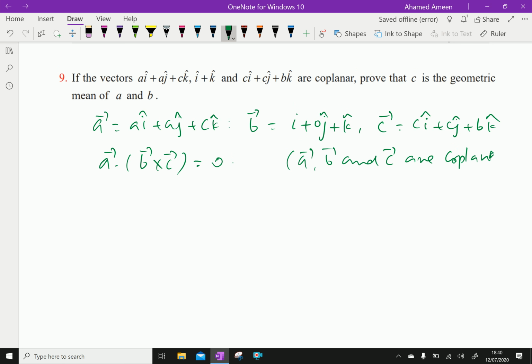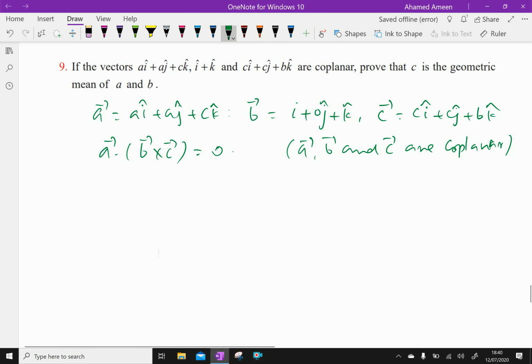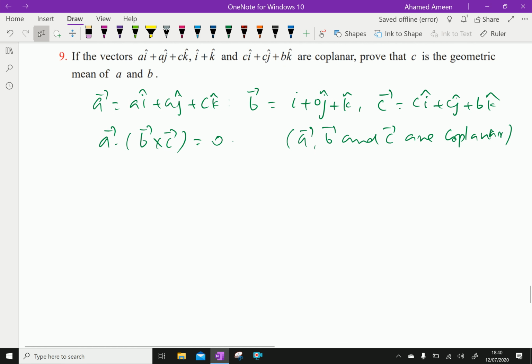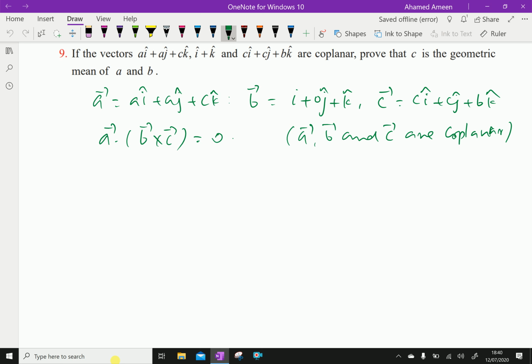Now we'll put the values in a determinant, that is a dot b cross c equals